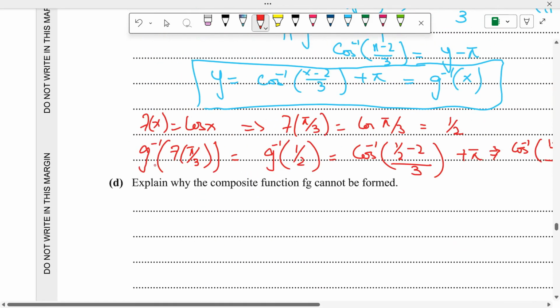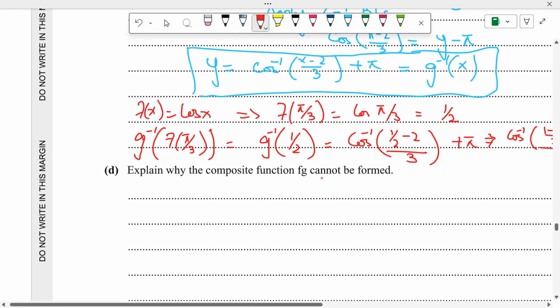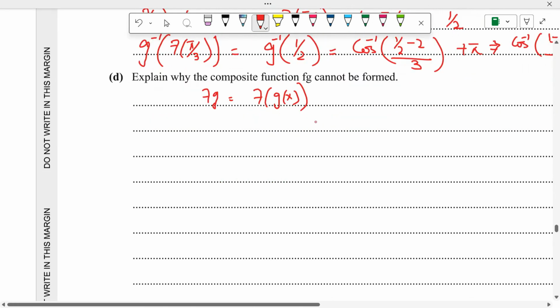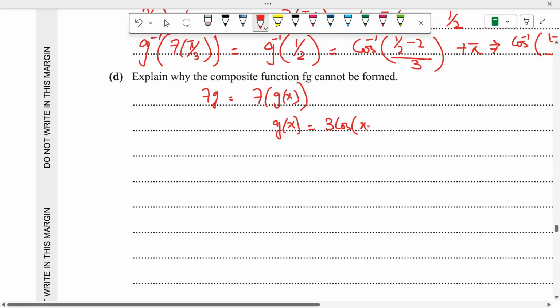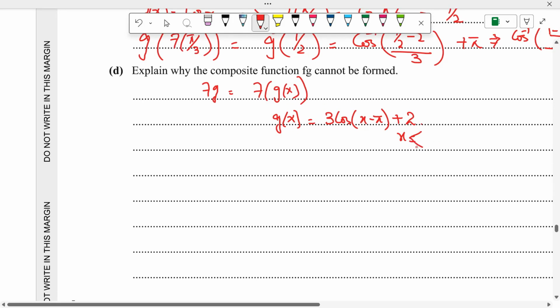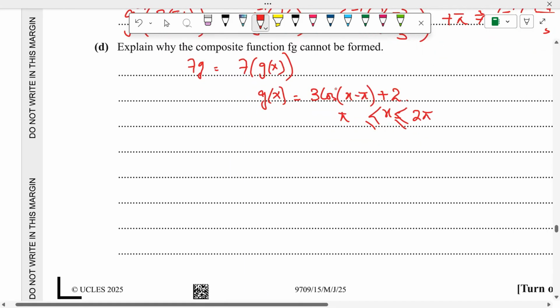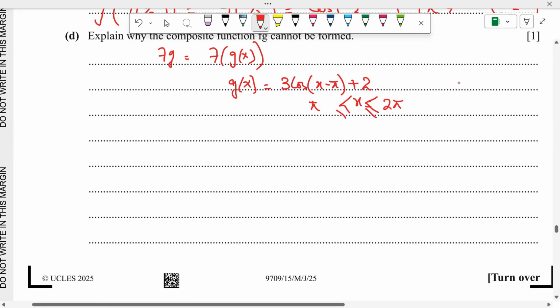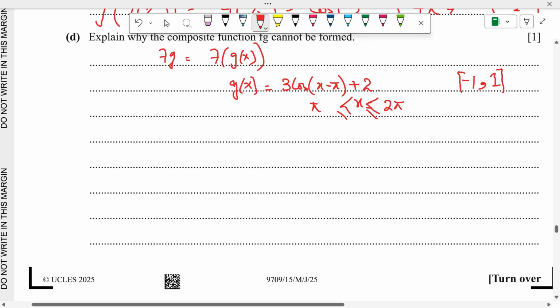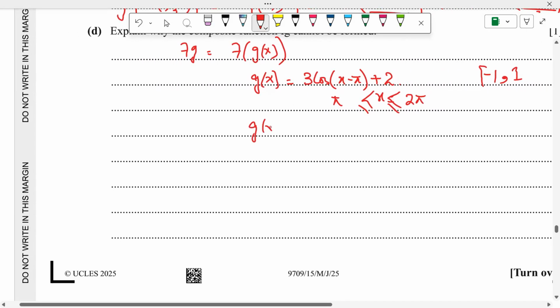Let's move to part D. Explain why the composite function f of g cannot be formed. Okay, we know that f of g is equal to f of g of x, and we know that g of x is equal to 3 cos of x minus pi plus 2, and in this case x is less than or equal to 2 pi and greater than or equal to pi. So when we plug this value of x into the cos function, cos has the maximum value 1 and minimum value negative 1, and when multiplied by 3, g of x will have the